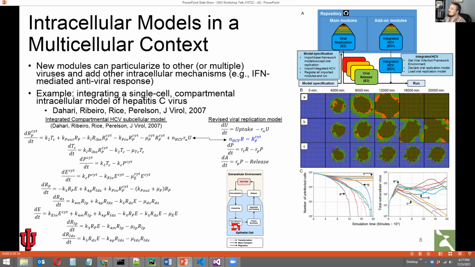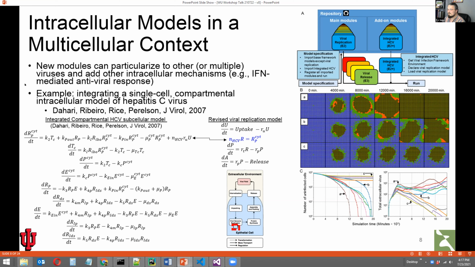One impression that we didn't want to leave was that our framework was only relevant for modeling COVID, when in fact, all of the models associated or parameterized to COVID data are totally replaceable. And so we wanted to show this by substituting out the viral replication model that we had calibrated to COVID data and instead replace it with a popular model of a totally different virus. And that looks like this here on the left.